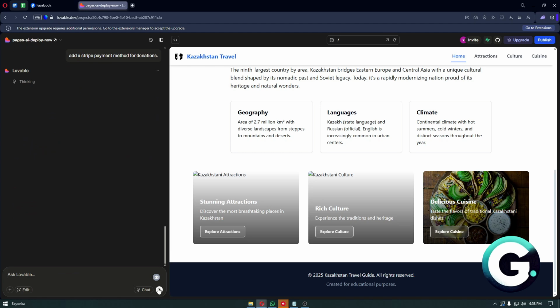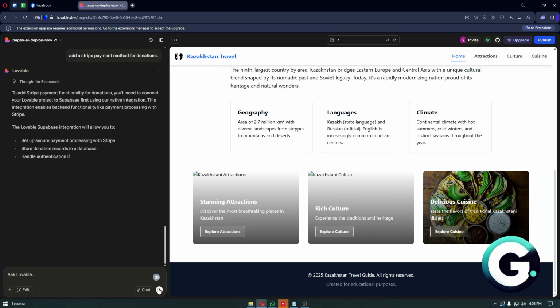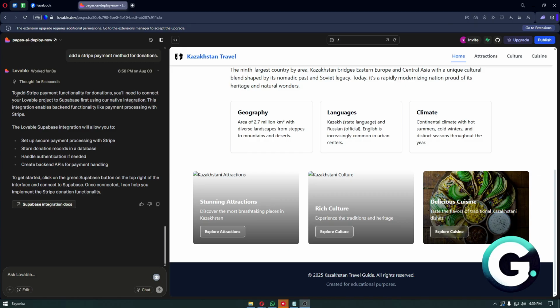basically have to follow some steps in order for us to integrate Stripe into our web page. So in our case, it's going to be adding Supabase as a native integration. Now this integration will enable back-end functionality like payment processing with Stripe. Now from here, it will tell you to do these things. You want to set up secure payment processing with Stripe, store donation records in a database. That's why we need to connect it to something like Supabase, handle authentication if needed, and create backend APIs for